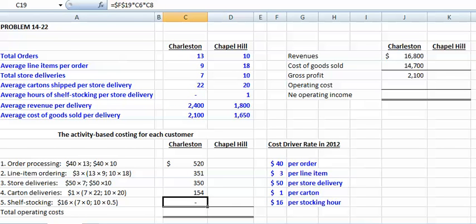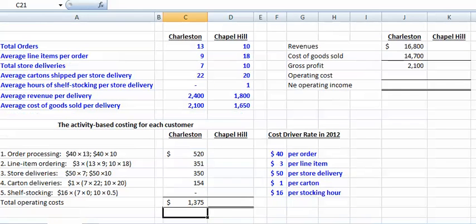Noticing again that we don't do any shelf stocking at the Charleston Pharmacy. Our total cost then for operating activities to service the Charleston Pharmacy is, we can add up those numbers, we get a total of $1,375. So our operating cost associated with servicing the Charleston Pharmacy is $1,375. So our net operating income for servicing the Charleston Pharmacy is our $2,100 gross profit minus our $1,375 in operating cost, or